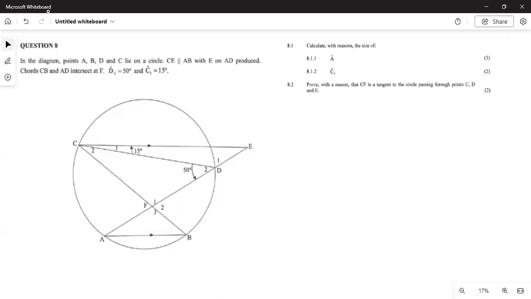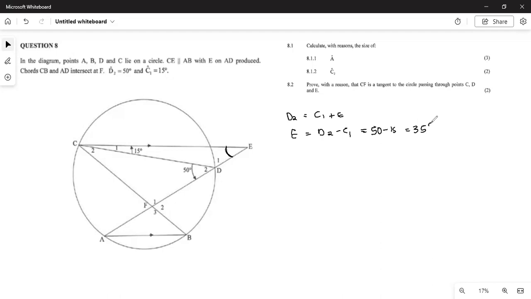There's three ways in which they do this, all are related. So let's go ahead and take a look at the value of what E should be. If we look at D2, it is an exterior angle of the triangle ADE. And we know that the exterior angle D2 must be equal to the sum of the two interior angles, which is going to be C1 plus your E. Therefore, your E should be equal to D2 minus C1, and that's going to be 50 minus 15, which gives us